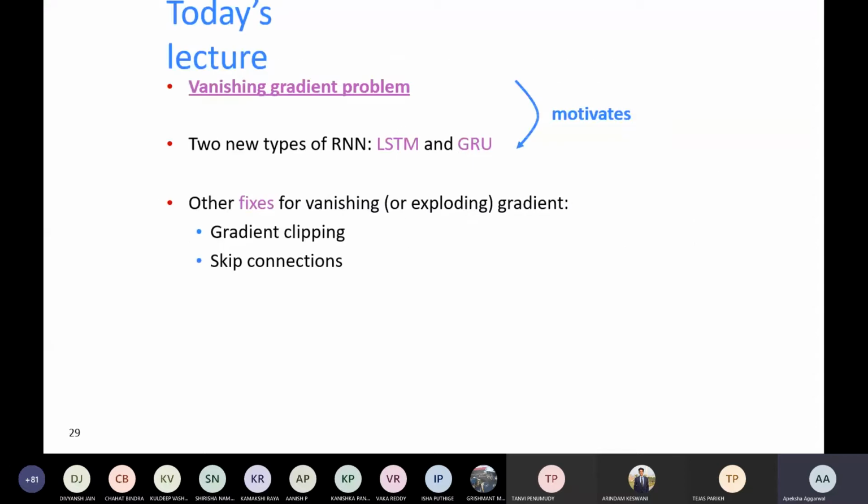Okay, today we are going to discuss the vanishing and exploding gradient problem, and we are going to discuss the GRUs. In the next class we'll move on with the LSTMs. So what is a vanishing gradient problem and what is an exploding gradient problem? In whatever architecture we have for RNNs.